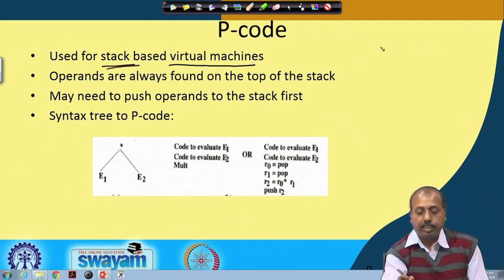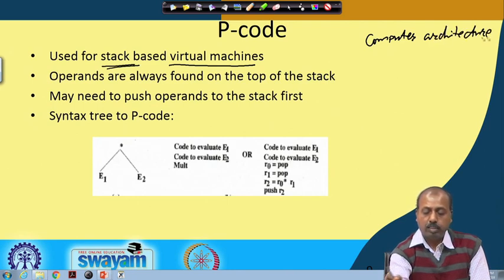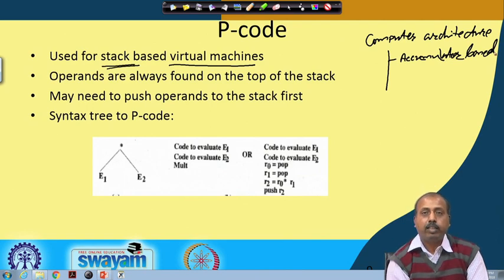If you look into computer architecture, there are different types of architectures that we can think about or come across. One is known as accumulator based architecture. In accumulator based architecture, for all the arithmetic logic operations that you are doing, one of the operands and the result is always the accumulator.